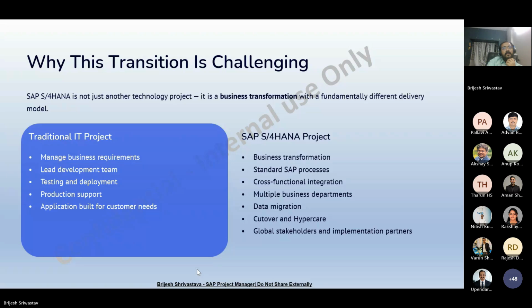Yes, Brijesh. And next, cutover and hypercare, cutover planning. A traditional deployment may take a few hours, but in SAP, go-live is carefully planned as a business event. There are hundreds of activities that need to happen in a specific sequence, like data migration, transport movement, business validation.